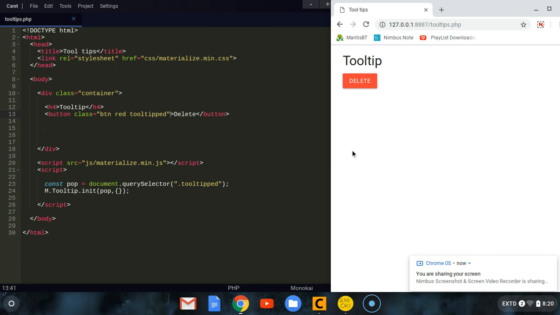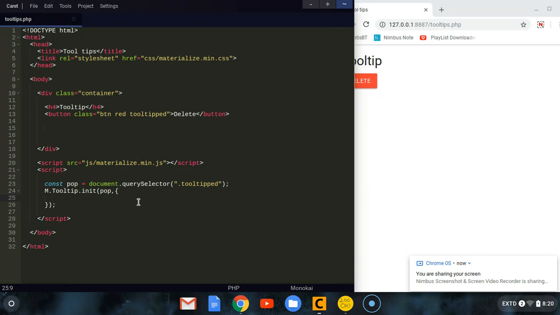And right now, as you can see, it's empty. What you need to do, as I said, this is an object full of options. So instead of writing the data tooltip here, what you're going to do is write, forgive me for the noise in the background, then we are going to create the key name, which is HTML, and this takes in